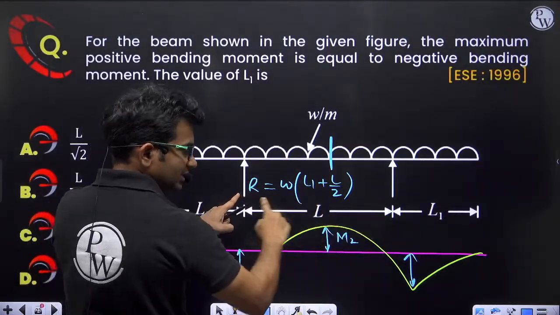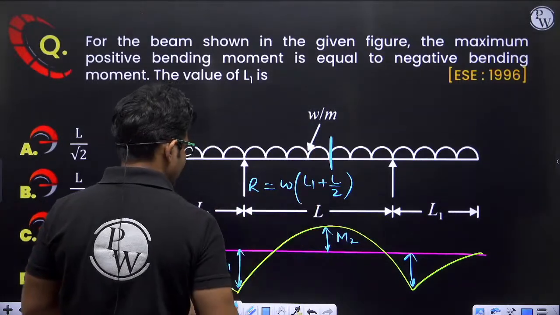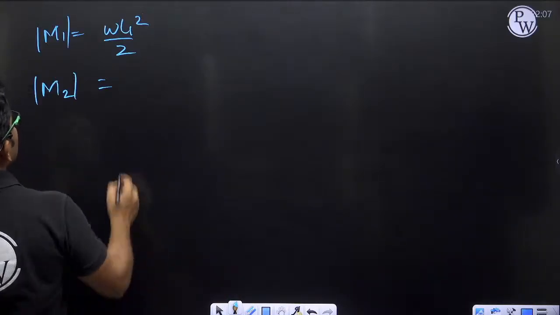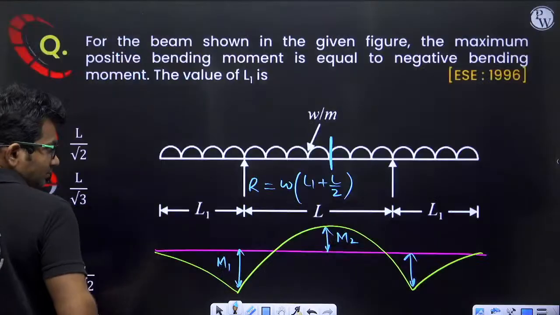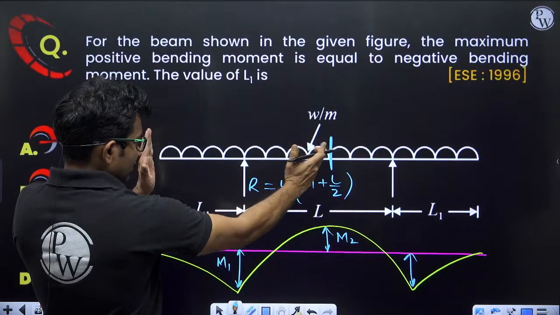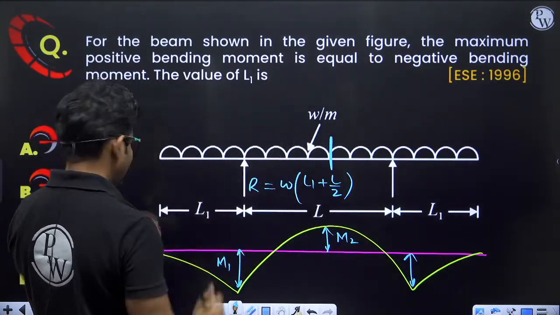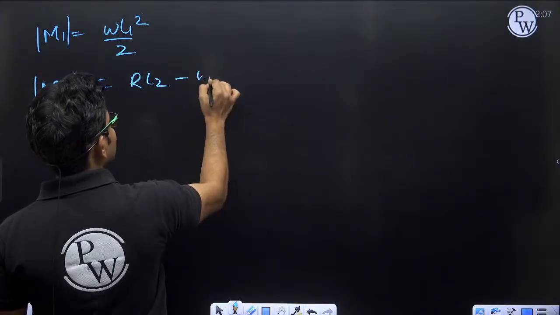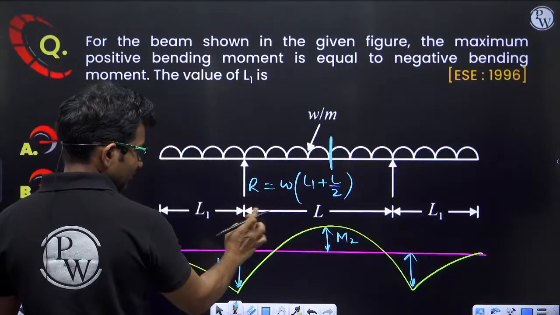This total span is L, so this perpendicular distance will be L by 2. So R into L by 2 minus W into this distance square by 2. This distance is L1 plus L by 2, so minus W into (L1 plus L by 2)